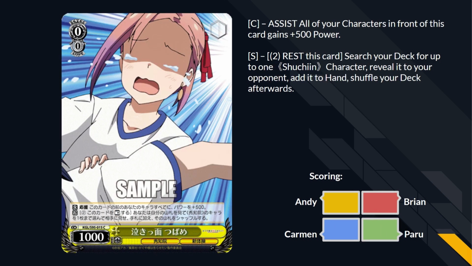All right. Crying Subame. All of your characters in front of this get 500 power. Pay 2, rest, search your deck for a character. Dude, she doesn't even have eyes. I can't believe they're still printing Kaguya in 2022. You don't need this card, I don't think. You have way better searching than this. Not the worst thing, but